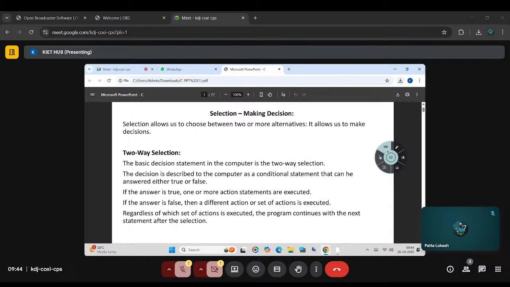Basically, by default, how will the programming statements be executed? Is it ordered execution or unordered execution? Ordered execution. That means the first line will be processed, then line 2, line 3, line 4, line 5, line 6, like that. That is the basic one. Then, when it comes to decision making,